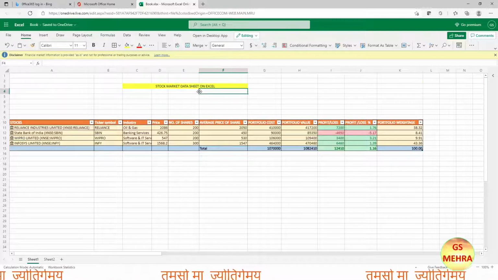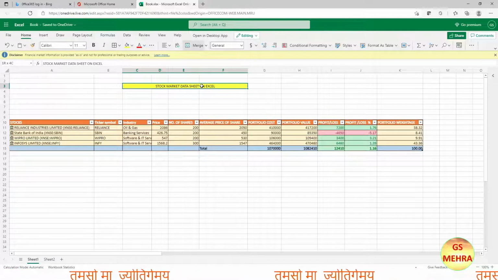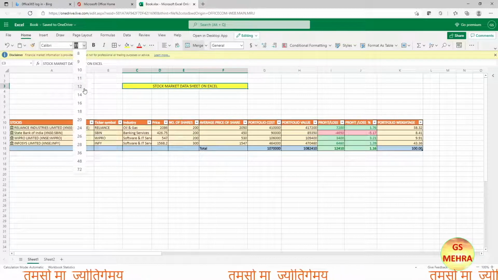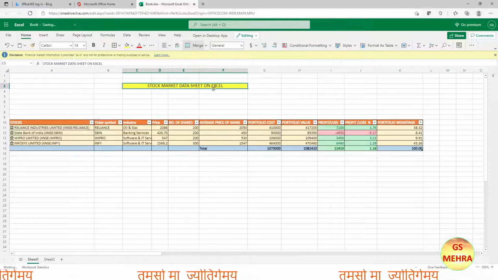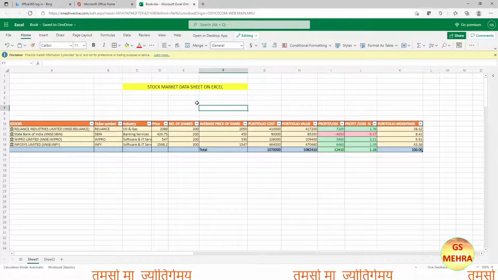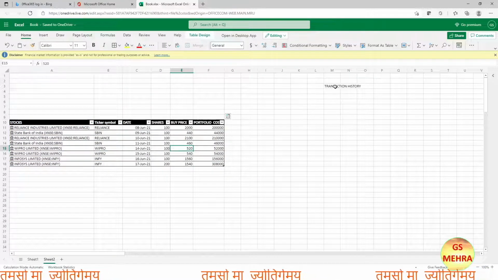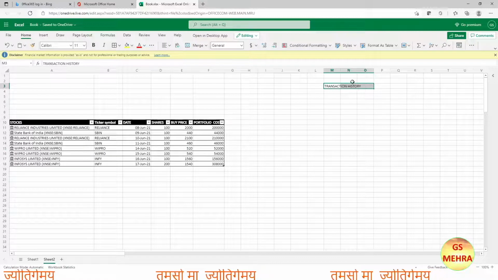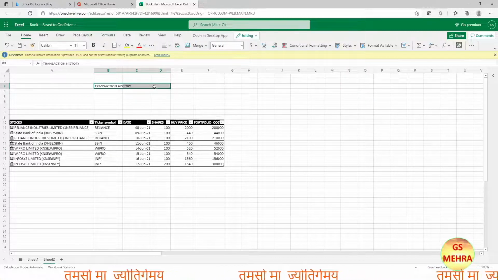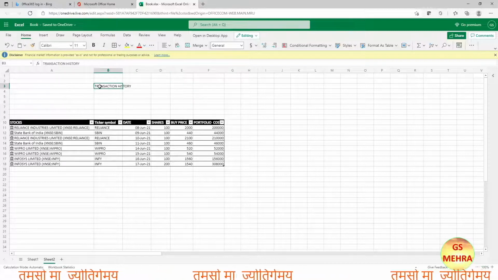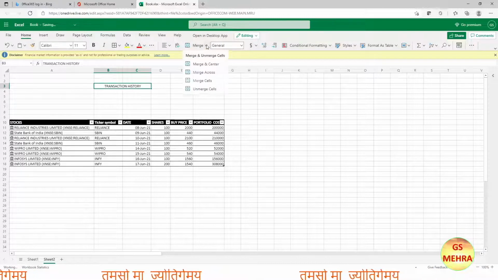So next thing we'll do is select all of these and increase the font size to 14 or 16, whatever you like. So I am selecting 14. Now next we'll go to sheet 2. Here also we'll select this transaction history and bring it here, shifting it, and next we'll again select the whole row and click on merge, and here merge and center. When we do it two times, it will move back to the same place.